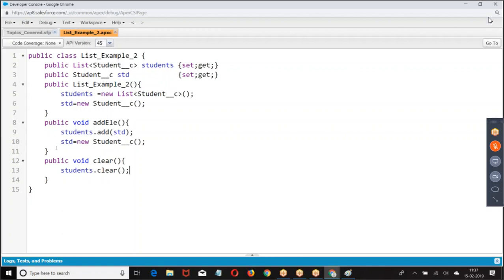Now, how do you design the VF page? In the code, any issue with this code? Everyone has followed this code, right? In the previous example, I took a standard object. In this example, I am taking a custom object, right? Any issue with this code? Clear for everyone, right?